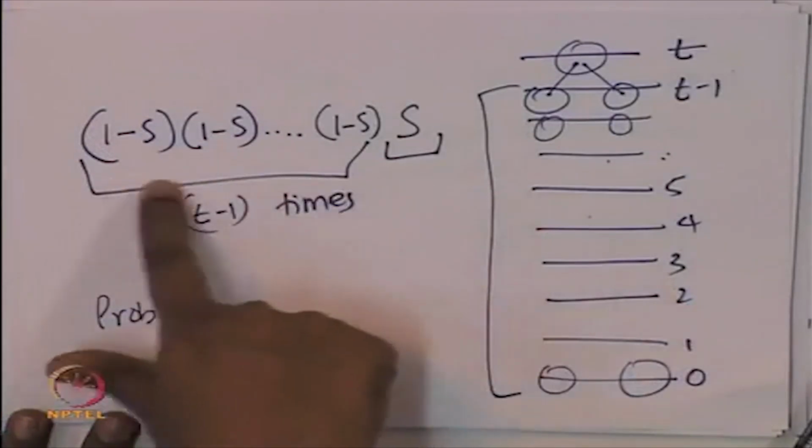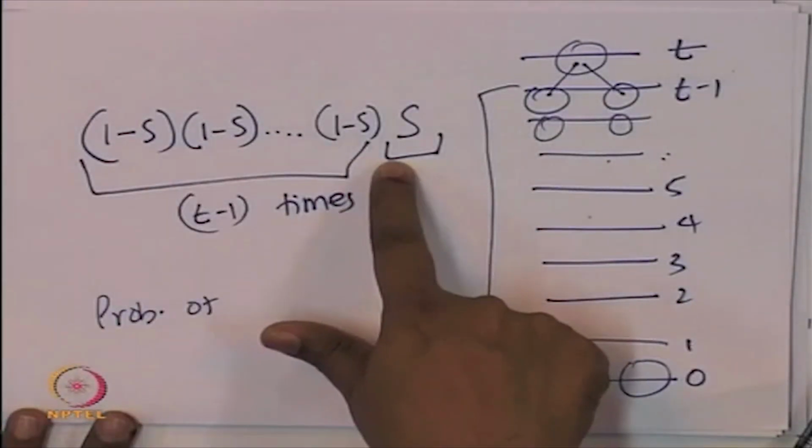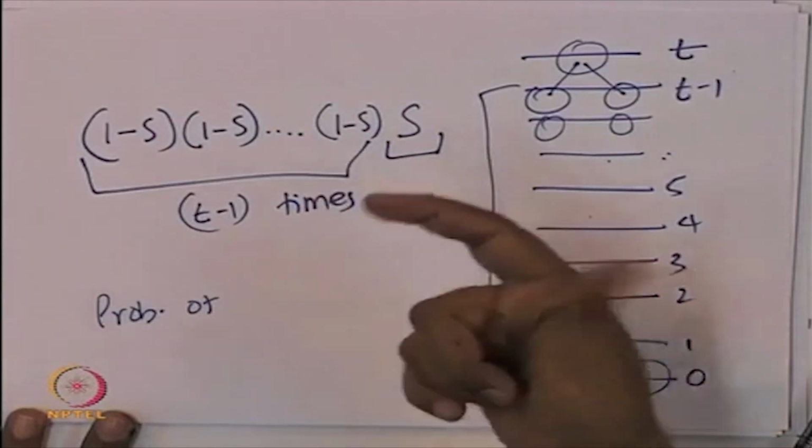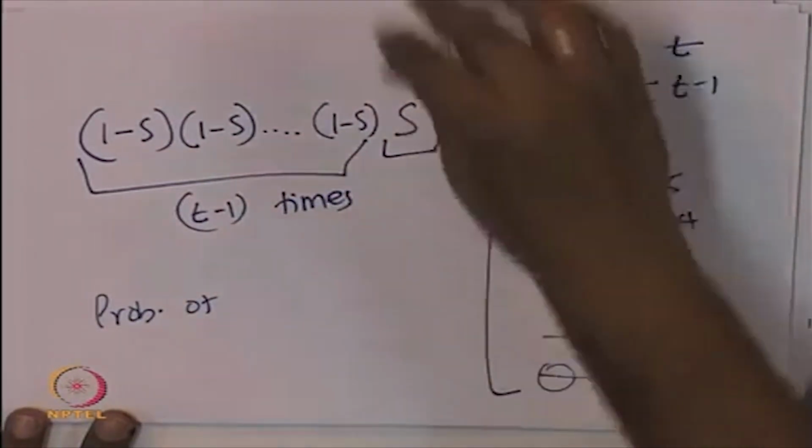Also, when I say this, if it is not very clear to you what this product means, you could also think of this example: tossing a coin. Let's say there is a cricket match happening, and in cricket matches it is very common, we all know that there is a toss to decide which team will field first or bat first. So imagine that in each cricket match there will be a toss of a coin,